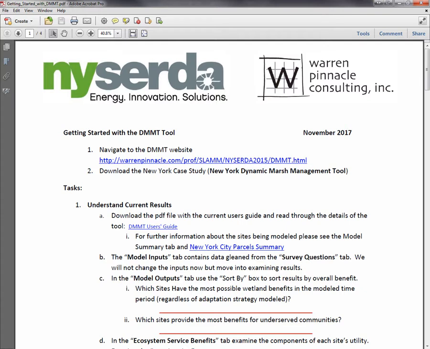Hello, this is Jonathan Clow, and I'm going to go through some of the answers in the Getting Started with the DMMT tool tutorial. So the first thing we need to do is get a copy of the DMMT, and